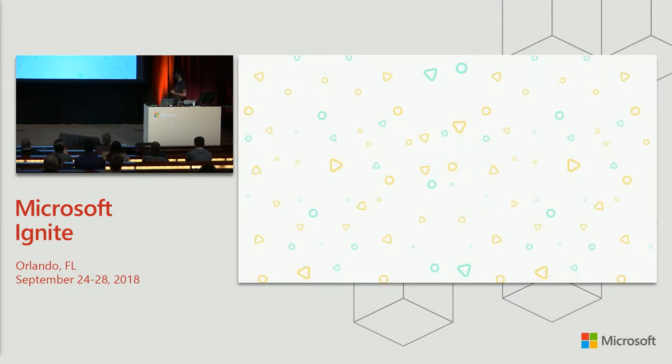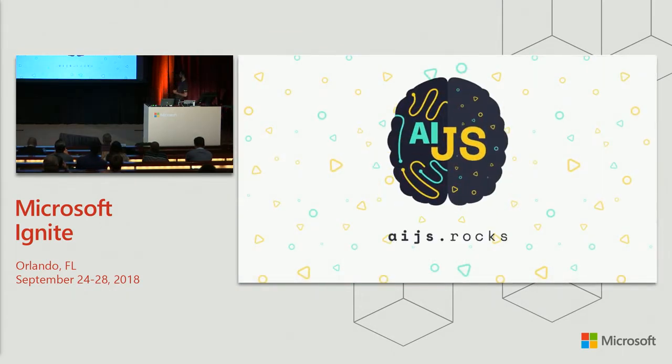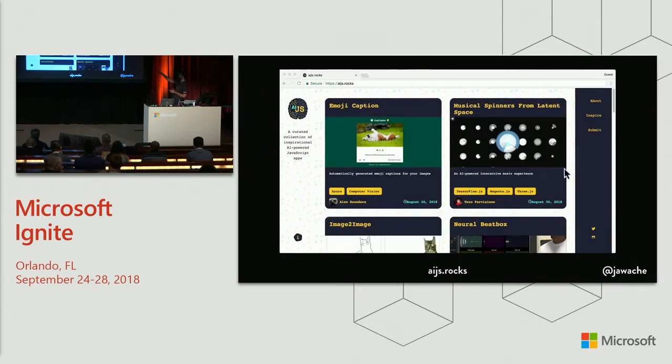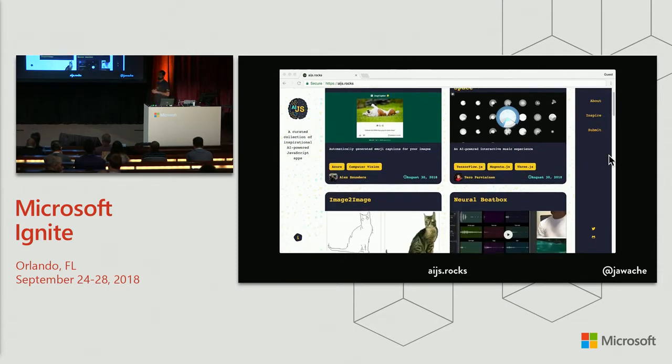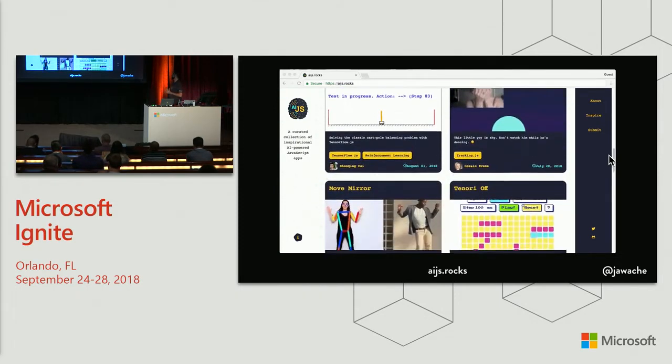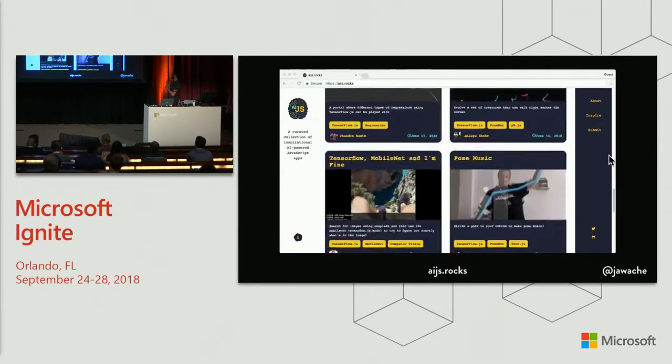So we launched it earlier on, a month or two ago. It's called AI.js Rocks. So it's available right now. You can go visit it. And what it is is basically just an inspirational collection of AI JavaScript. Oh, it's a better tagline than that. I can't remember it. But yeah, there it is. And when you go to the website, you're just going to find a curated collection of inspirational AI-powered JavaScript applications. So it's a whole bunch of different AI-powered JavaScript applications.